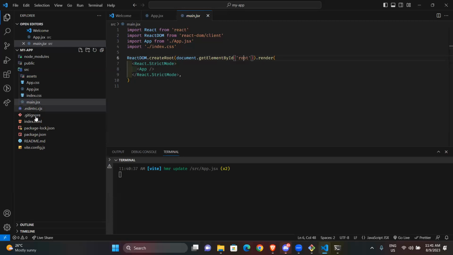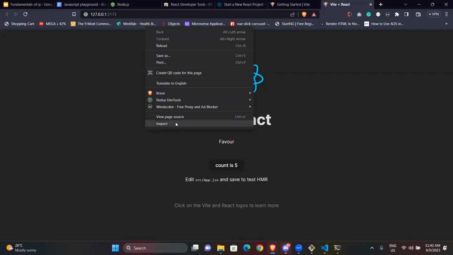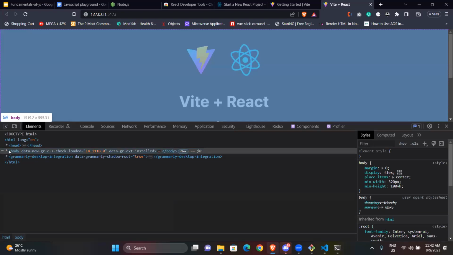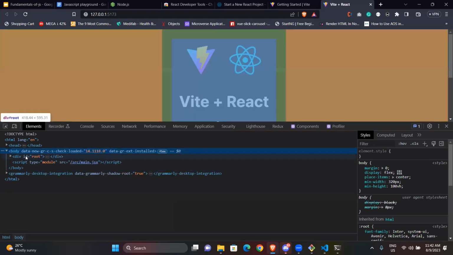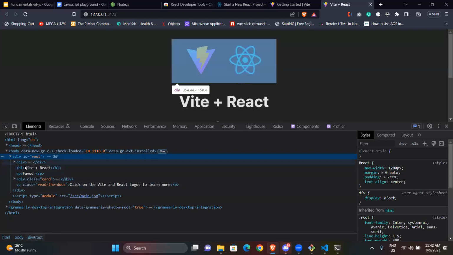If you come to your index.html here, you see that we have this div with an ID of root. If I go to the browser now and inspect, I open body. Inside body, you see that we have root. And inside root, we now have all these things injected into it.